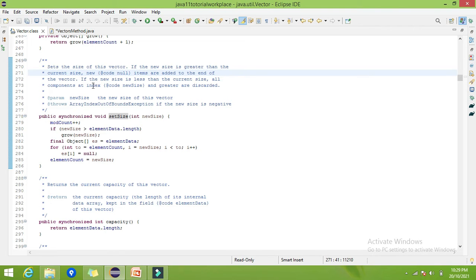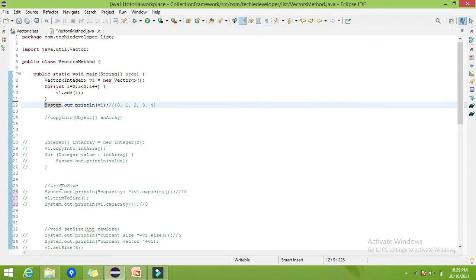And what will happen if I give a new size less than the original size? If the new size is less than the current size, all the components at that index and greater are discarded. I have the original size as 5 and now I give the new size as 3. So it will keep only 3 elements and remove the remaining 2 elements from this vector.